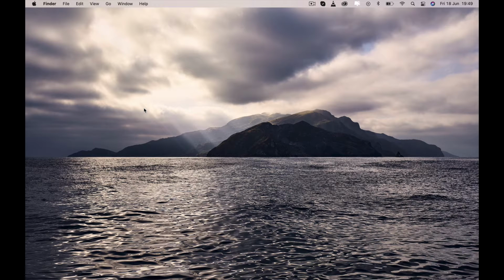Hey guys, what's up? In this short tutorial I will show you how you can record your MacBook screen. It is totally free. So you need to first open the command, search command,